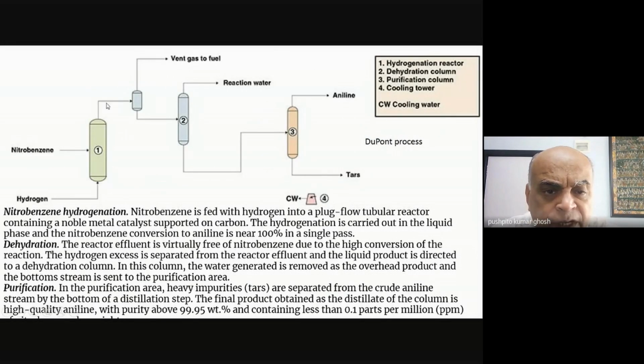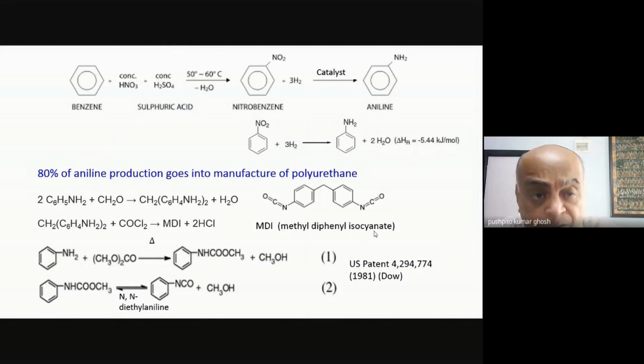And I've given over here the process, which I'm not going to go into how you exactly do the hydrogenation, because hydrogenation will form water. So you need to get rid of that water and then do a further purification, and you can get very high purity aniline, something like close to about 100% purity. Of course, nitrobenzene is a more basic chemical because that is what is then taken for a lot of the